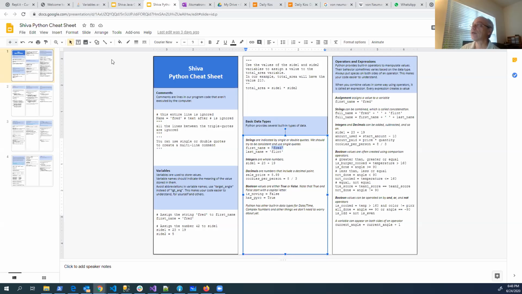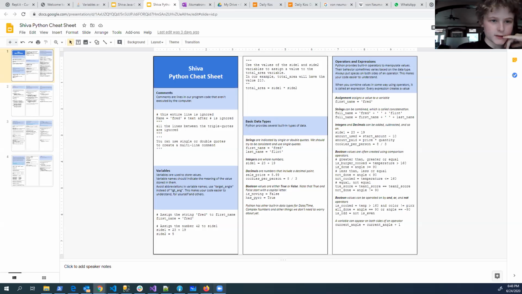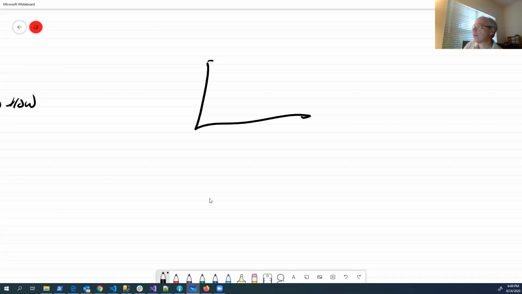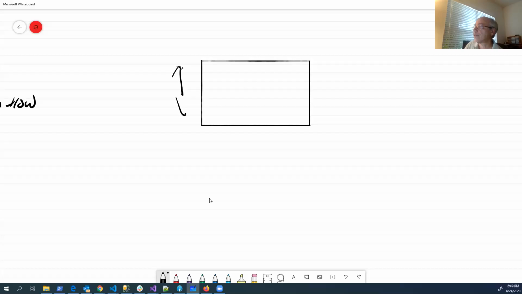So let's do area. In the area of a rectangle, you need height times width. So we have a rectangle, and it's got a height of h, and it's got a width of w.